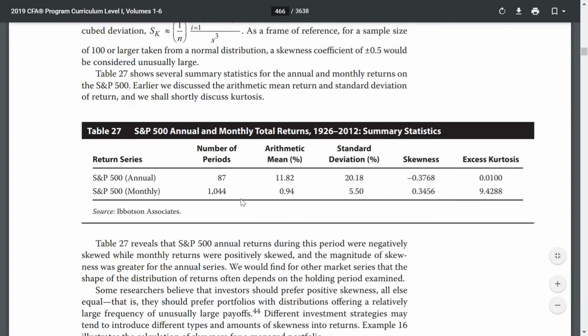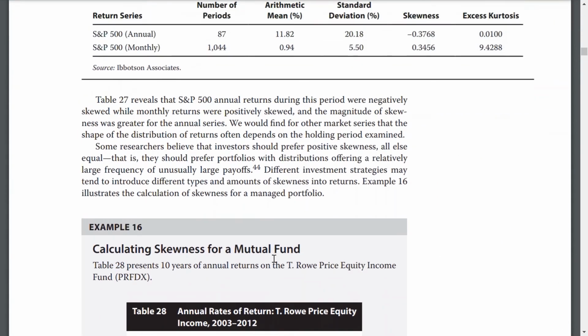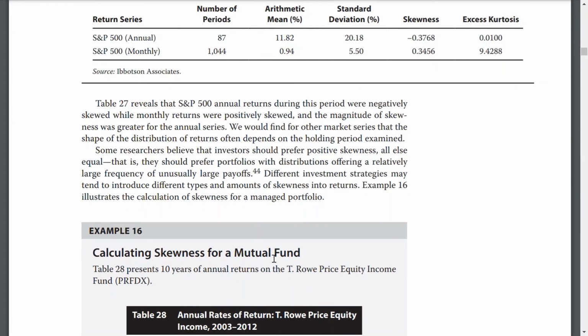Arithmetic mean, standard deviation, skewness, kurtosis. So it's slightly negatively skewed and slightly positively skewed. Table 27 reveals the S&P 500 annual return during the period was negatively skewed, while monthly returns are positively skewed, and the magnitude of skewness was greater in the annual series. We would find for other market series that the shape of the distribution of returns is often dependent on the